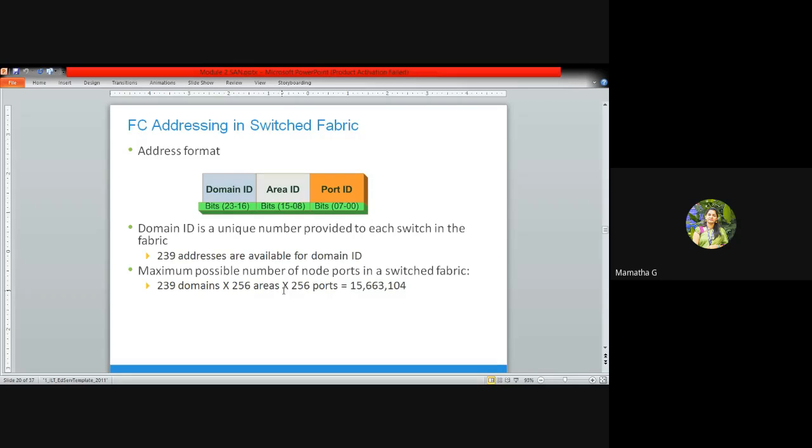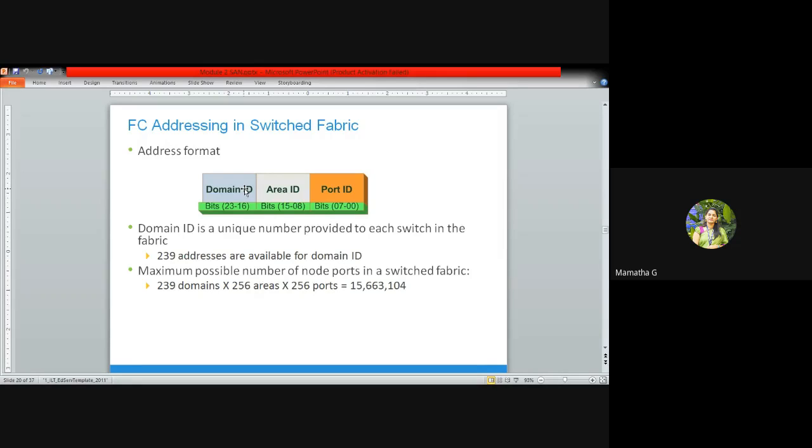As I told, FC addressing is dynamically assigned according to the fabric or the switches you are working with on the network. Hence this figure may change, but overall these are the categories where we divide domain ID, area ID, and your port ID.